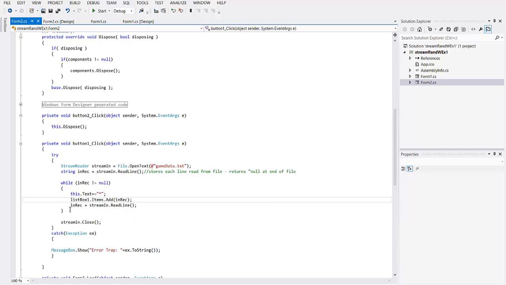It should then read the third record, find that inrec is not null, so this is going to be true again. We add a third star to the title bar, add the third record to the list box, read the fourth record. There's text in that fourth record, so this evaluates true one last time. We add the fourth star to the title bar, add the fourth record to the list box, and then read,